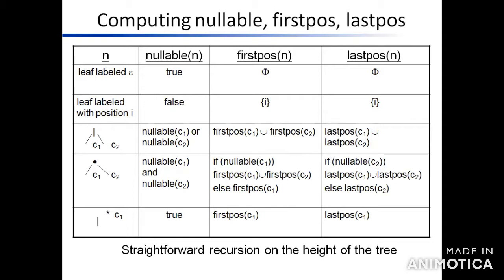Okay, this diagram. What about the first thing? In that problem, in the tabular column, the first one is where the leaf label is empty. That means no values. Empty means the nullable is true. The first position is 5, last position is 5. Second thing, the leaf label having some position, either alphabet symbol A, B, or C, indicates nullable is false. The first position is having some value, either 1, 2, or 3. The last position also having some values.